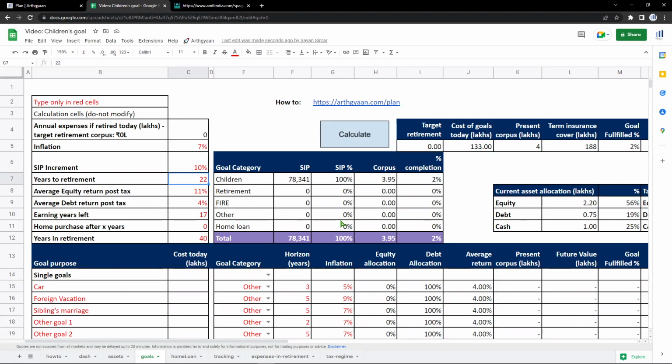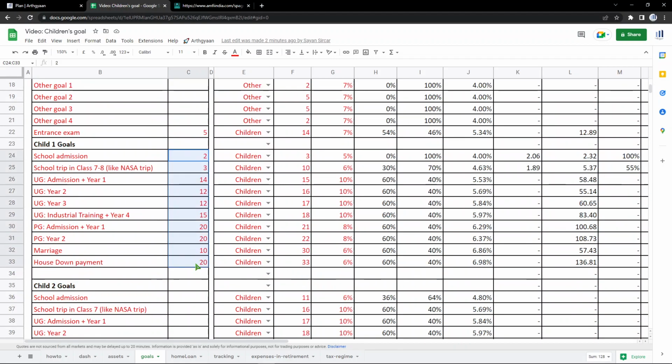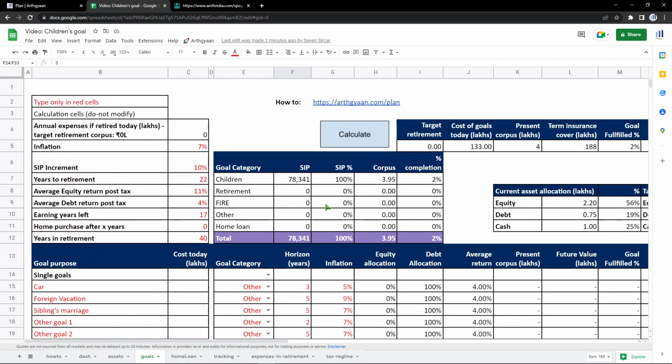So here are some assumptions. It says that this SIP of 78,000 that you are planning has to be increased by 10% a year. This is very important. It's not something you can set and forget. Basically, you should come to this tool once a year and redo this exercise. Enter these values again. What will happen over time is that these values will change because prices will increase, right? And obviously, this year value will also go down. If you visit 1 year down the line, it will go down by 1 year. So that will change, and